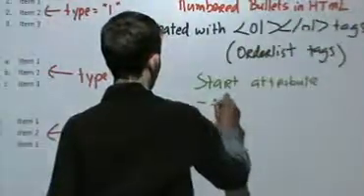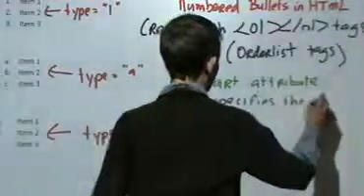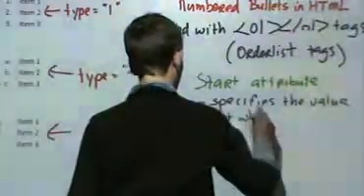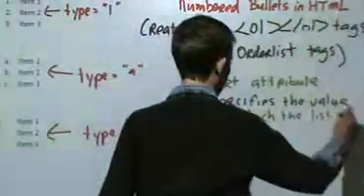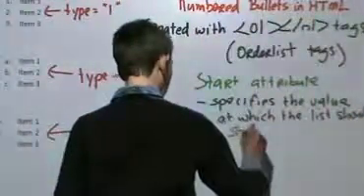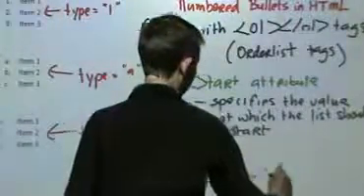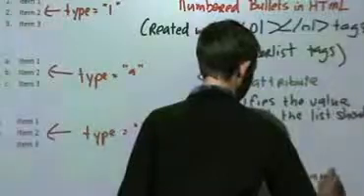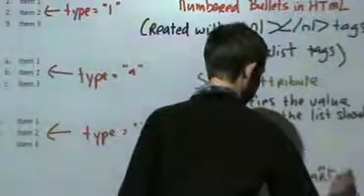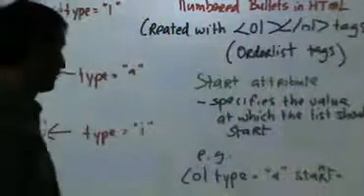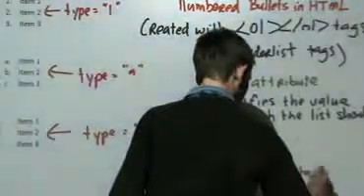Specific to the OL tag, I've never seen it used with any other tag. But you can specify where, or what number or what value, the list should start. For example, start is equal to